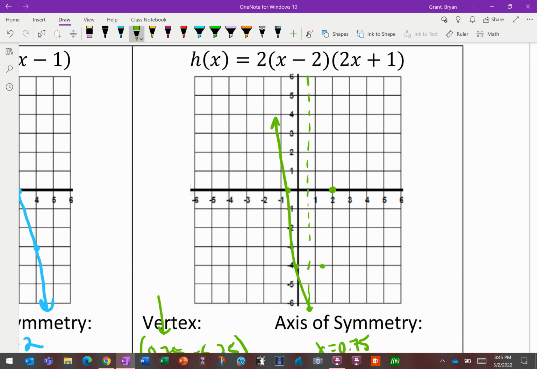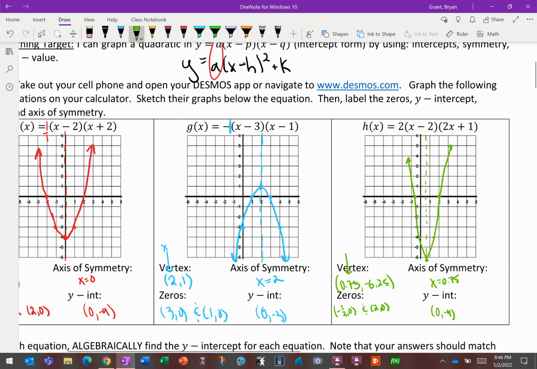I do see a lot of students tend to make their parabolas just go straight up. Our parabola goes forever wide. It may not look like it, but it really does get wider and wider and wider as it goes out. And I obviously over-exaggerated it there, but don't think the parabola goes straight up and down. All right, so